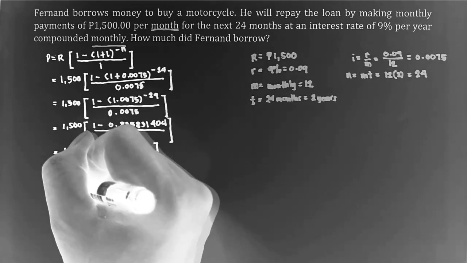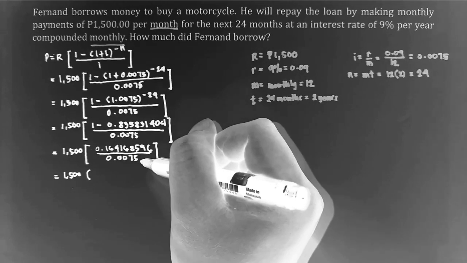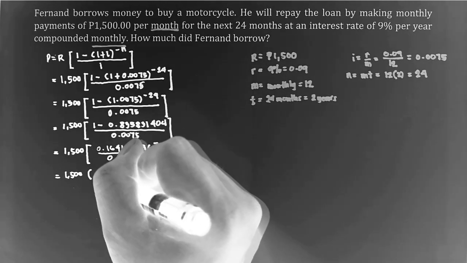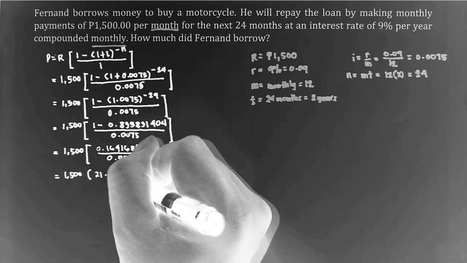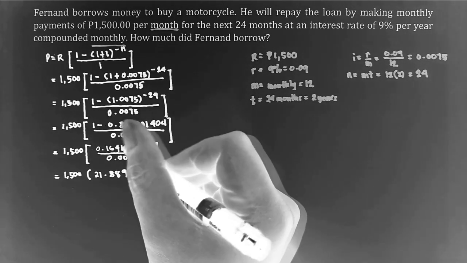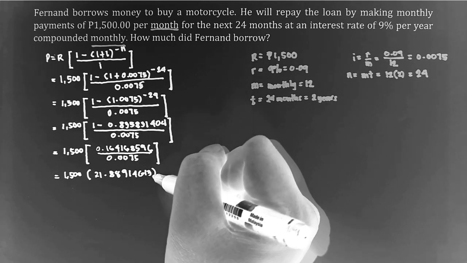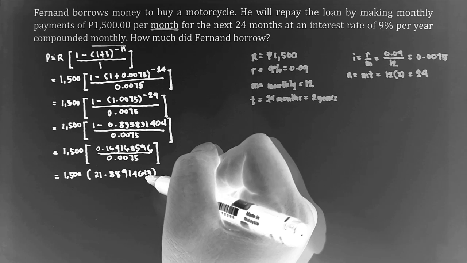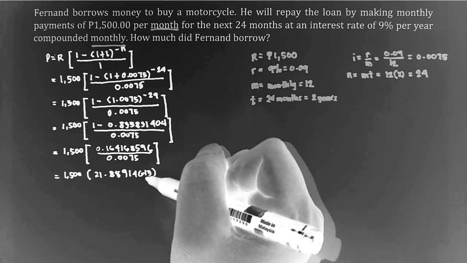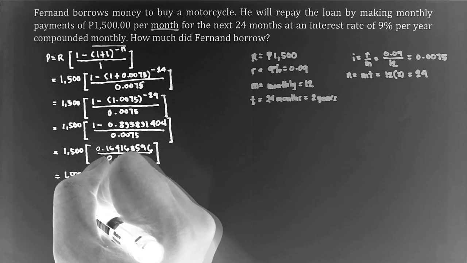So magkakaroon tayo ngayon ng result na 1,500 times yung quotient ng dalawang numbers na ito, which is 21.88914613. And then lastly, i-multiply natin tong 1,500 at saka yung 21.88914613. So ang magiging result natin ngayon ay